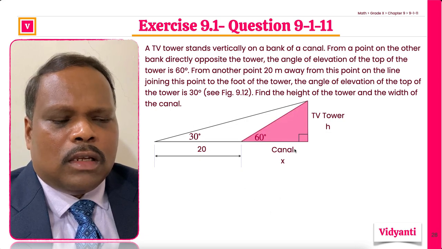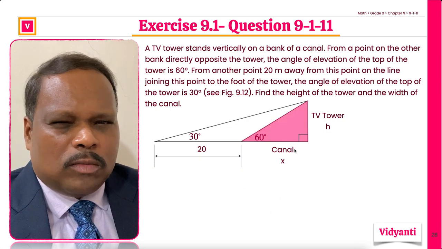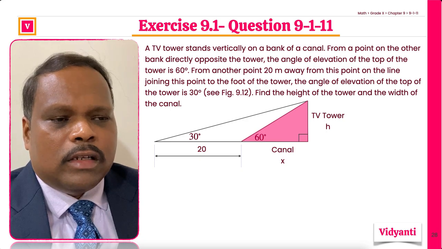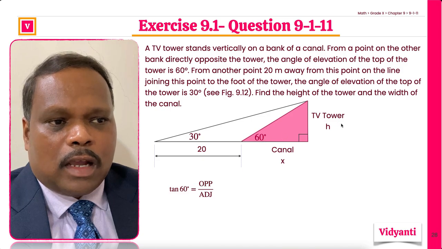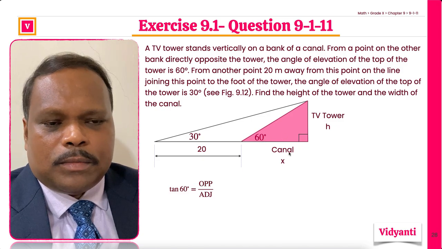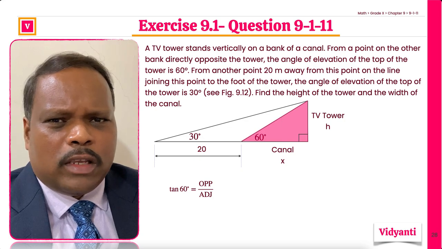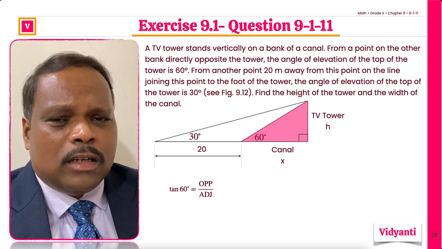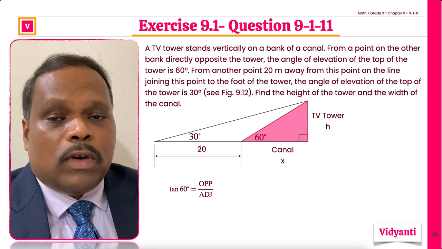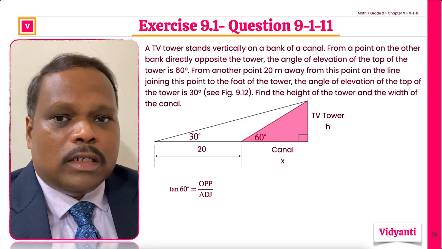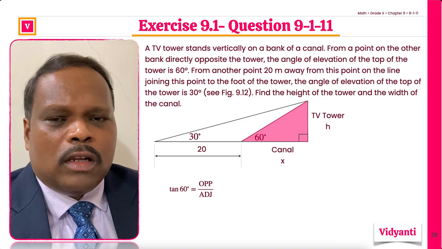Well, okay, first we'll always start with the smaller triangle. That's always recommended. For this smaller triangle, for 60 degrees, this is opposite and this is adjacent. What about the hypotenuse? It's not asked, we don't even care. So that's the reason we are not using sine and cosine here. We use tan. So when vertical distances and horizontal distances are involved, most of the times